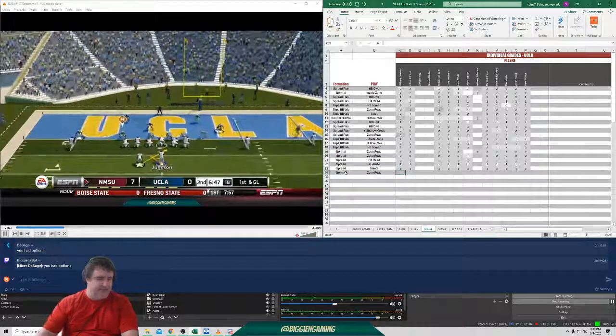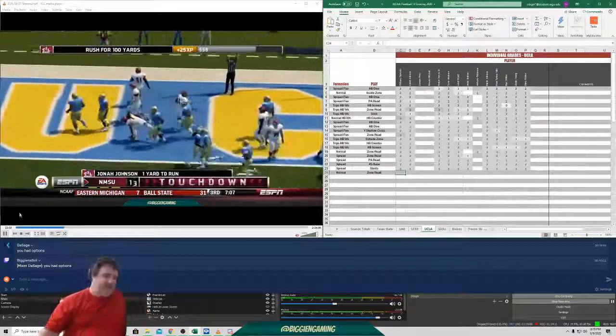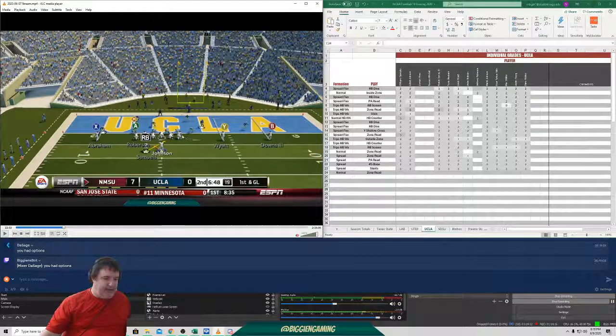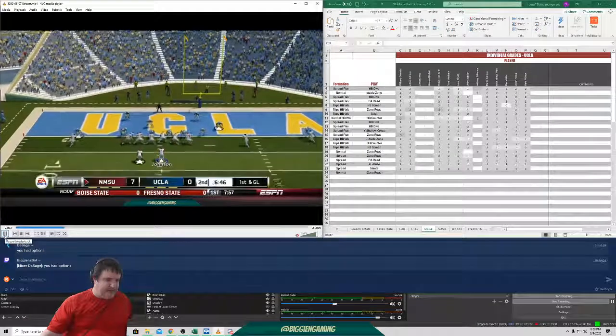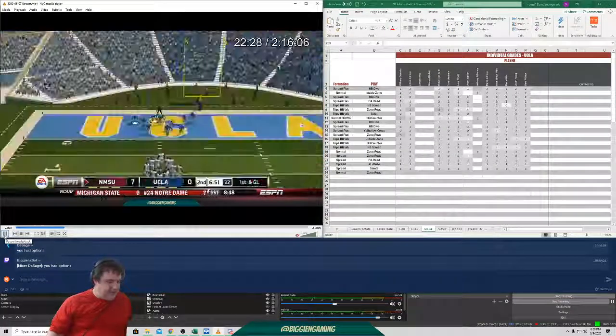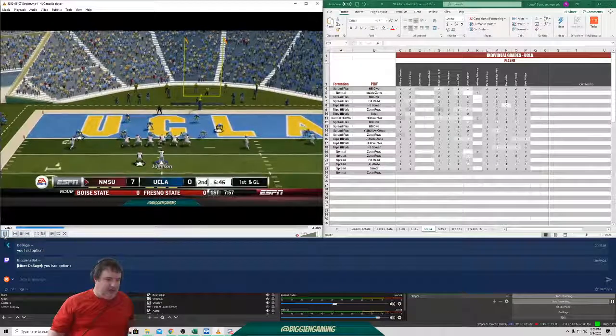Zone read. Okay. That's just like taking candy from a baby right there. That's just easy. Looking at the box, same thing. Bing, bing, bing. There's their backer. Their backer's now in the game because the other guy's tired. He's checked in. Bing, bing, bing. Combo here. Arc block to this guy. This is a touchdown right off the bat. We had that play. That was going to be an easy touchdown no matter what. There's just no way for them to stop this. We have everybody blocked. We're only going a half a yard.